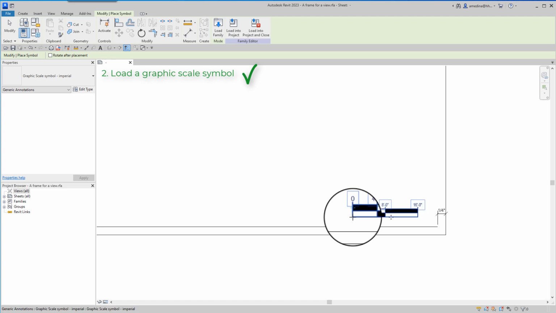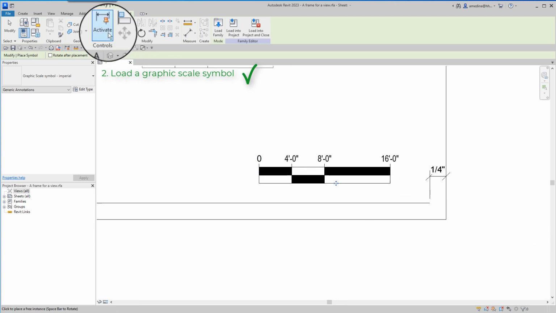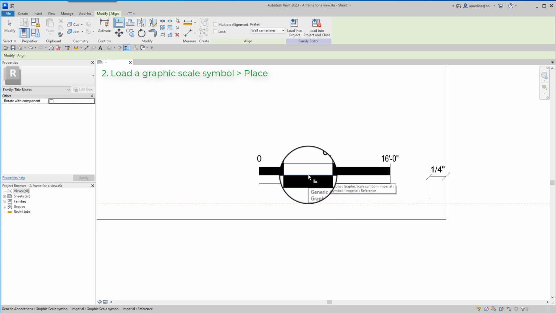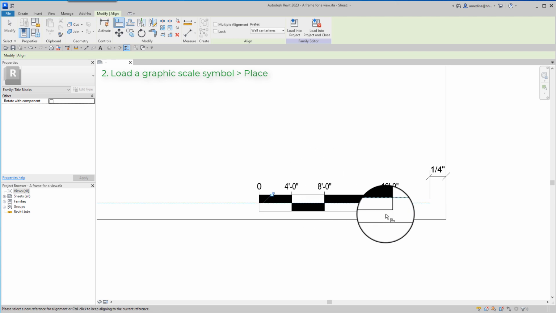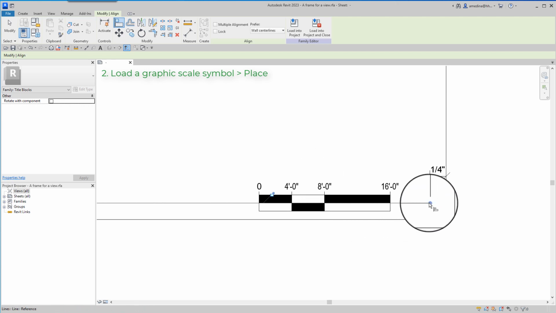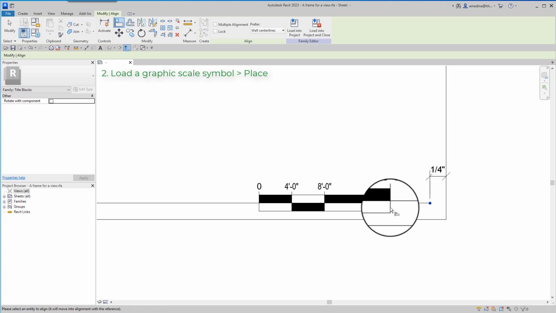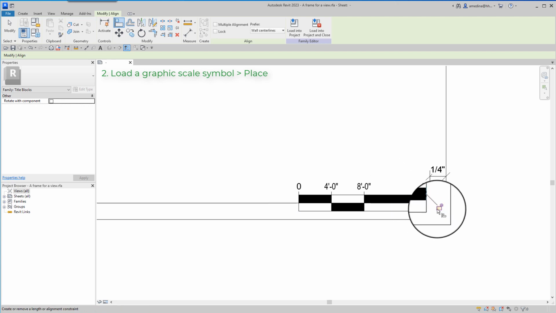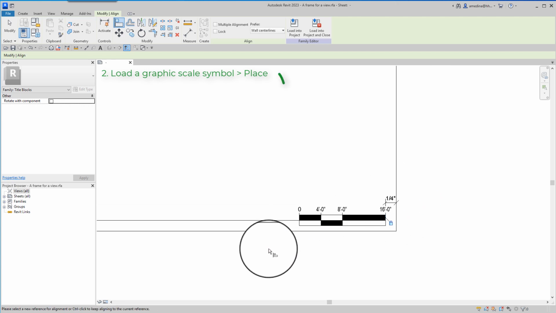and place it somewhere here, and then do align to this line in the frame, align the intermediate line of the graphic scale, and to this point align this other edge of the graphic scale symbol and lock.